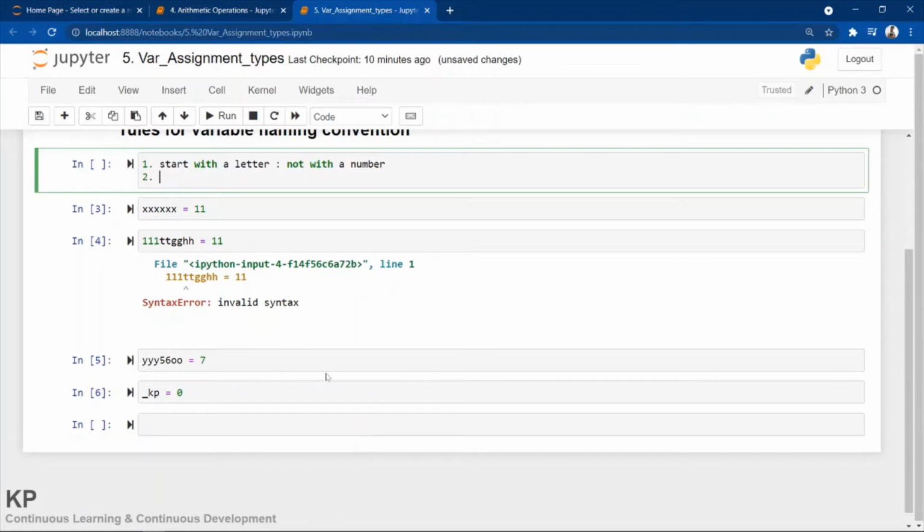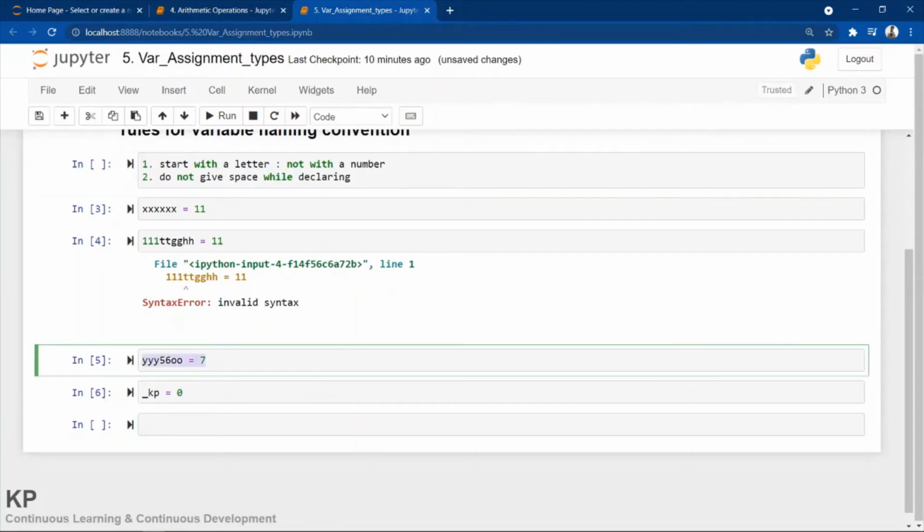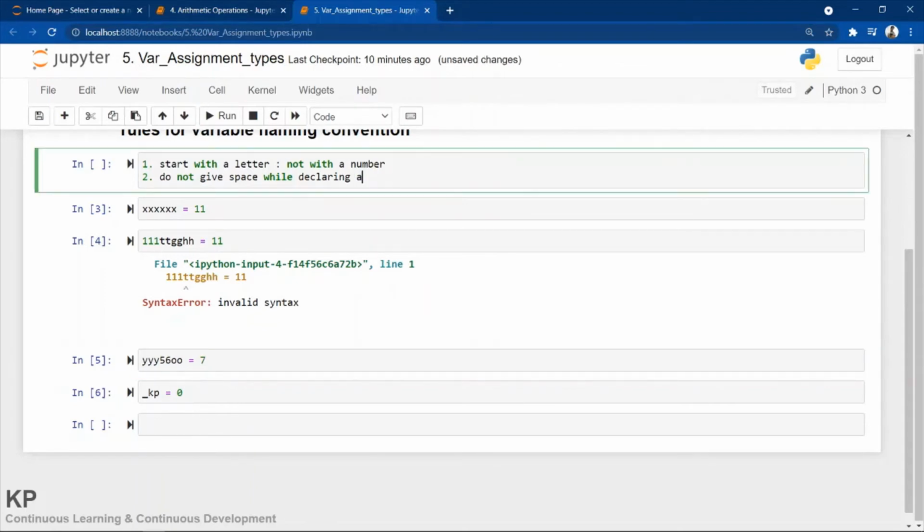Do not give space while declaring a variable. Declaring a variable means I'm assigning a value to this variable. Don't get confused. While declaring a variable with two names, do not give space.